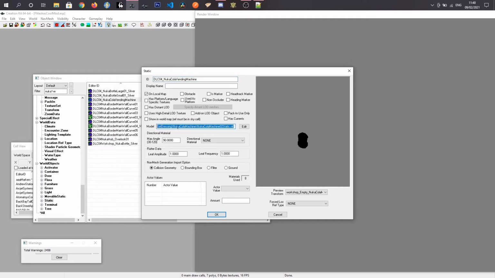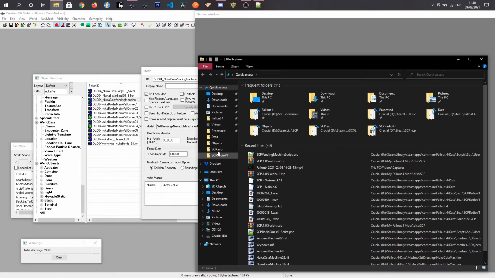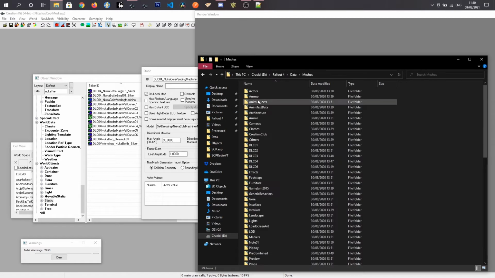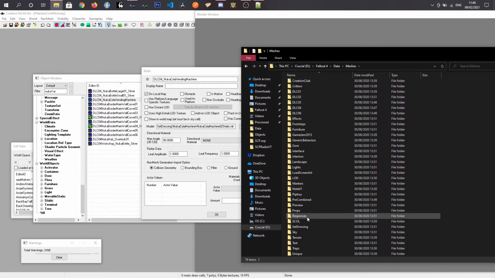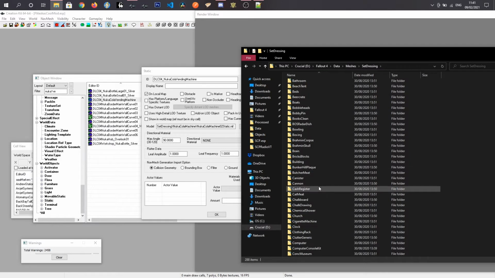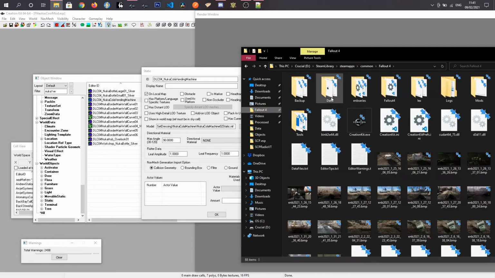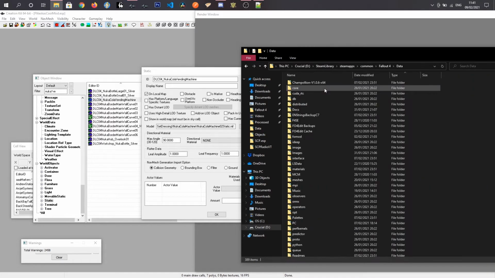Right, so set dressing, Nuka-Cola machine, Nuka-Cola machine 2 static. So I'm going to click here, go to the data folder, meshes, set dressing, and Nuka-Cola machine, Nuka-Cola machine 2 static. I'm going to right click, copy that, and we're going to place that in our data folder,